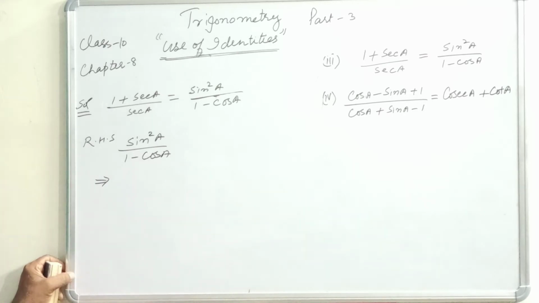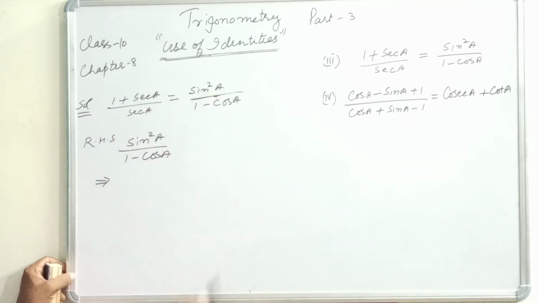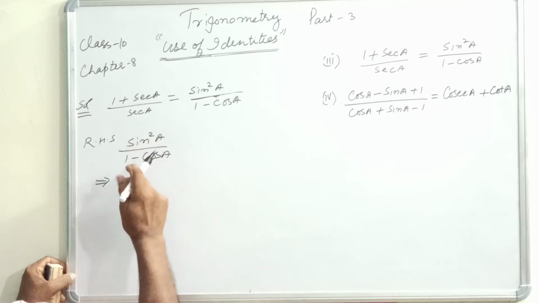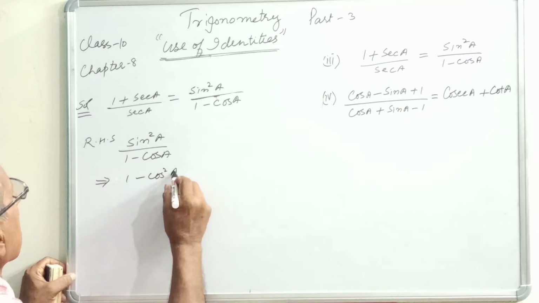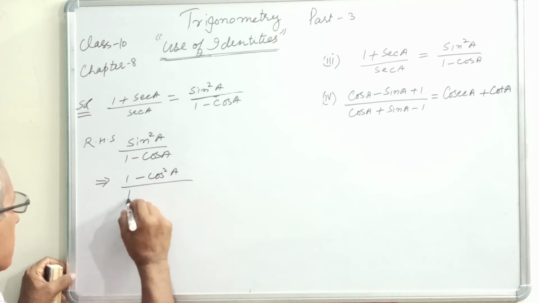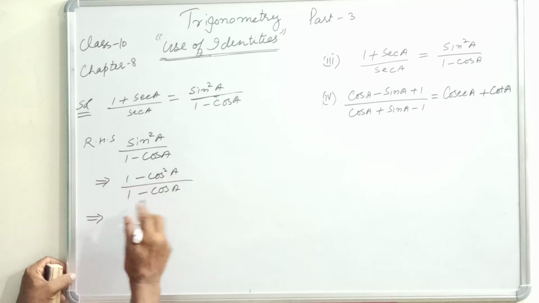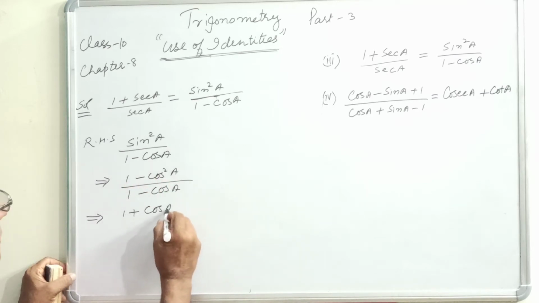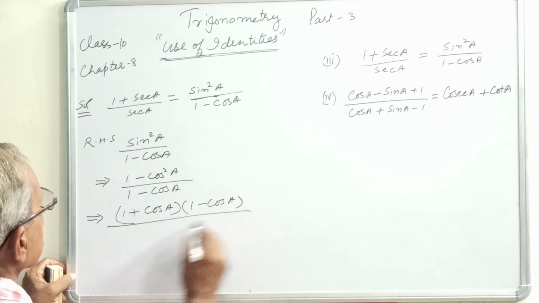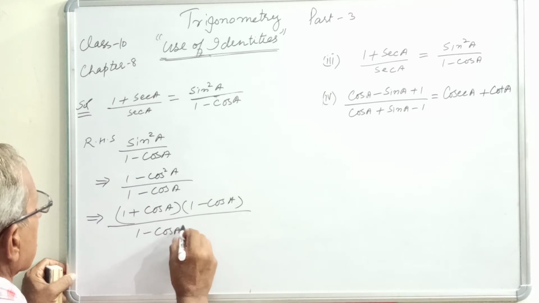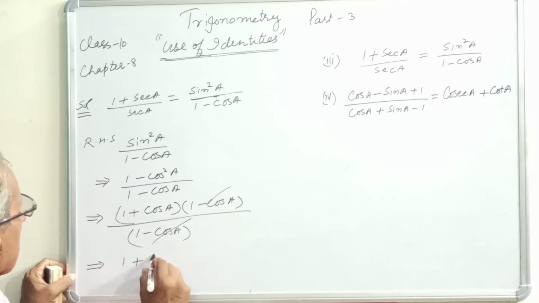In the second part, I have just solved the first part, sorry. So we have used the identity for sin square theta. So here again we will use the same. So sin square A will be 1 minus cos square A, and the denominator is 1 minus cos A. Writing factor for this, so (1 plus cos A) into (1 minus cos A) upon 1 minus cos A. So cancel this. So we have got 1 plus cos A,